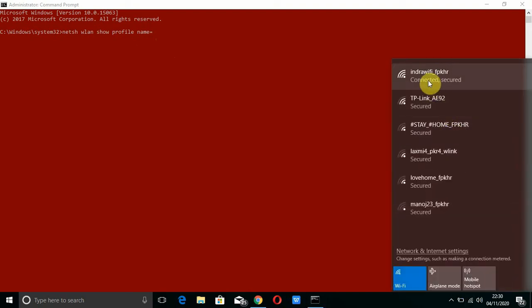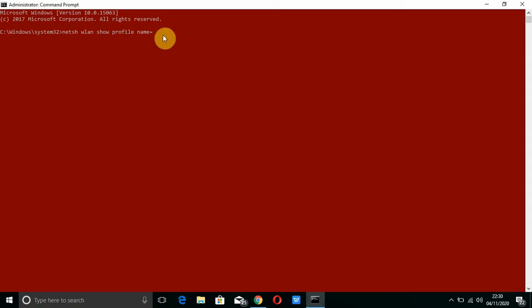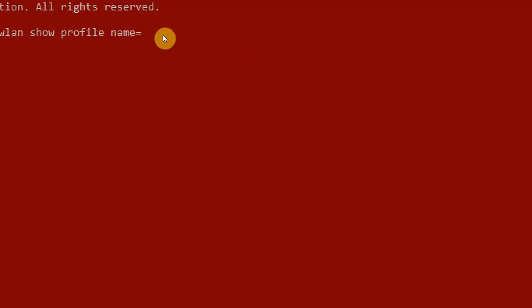Here we can see this Wi-Fi, Indra Wi-Fi underscore FKAzar, is connected on our device. The name of the Wi-Fi is this name, and let me type it here. Name equals Indra Wi-Fi underscore FKAzar.